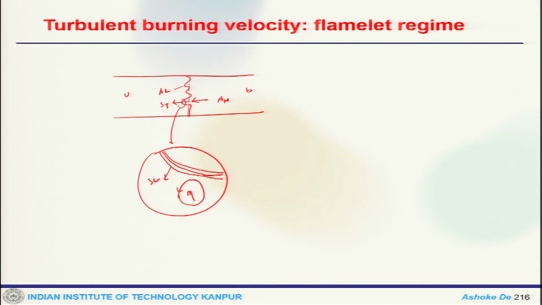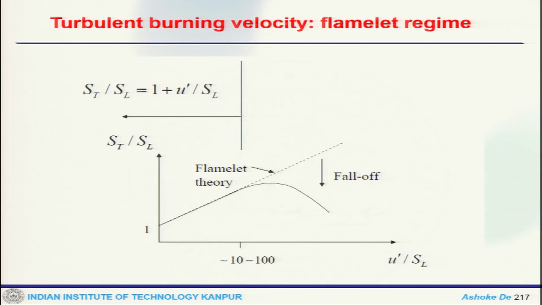Now, turbulent flame speed is important. So, which we have already seen, there are different correlations that exist. From this volume we can equate the consumption rate of the unburned mixture to that. Through which we can get, in the flamelet regime, the expression which works, which we have already seen. If you plot U prime by SL to ST by SL, this is what the flamelet theory gives, but realistically it goes like that. So, there is a deviation from that.